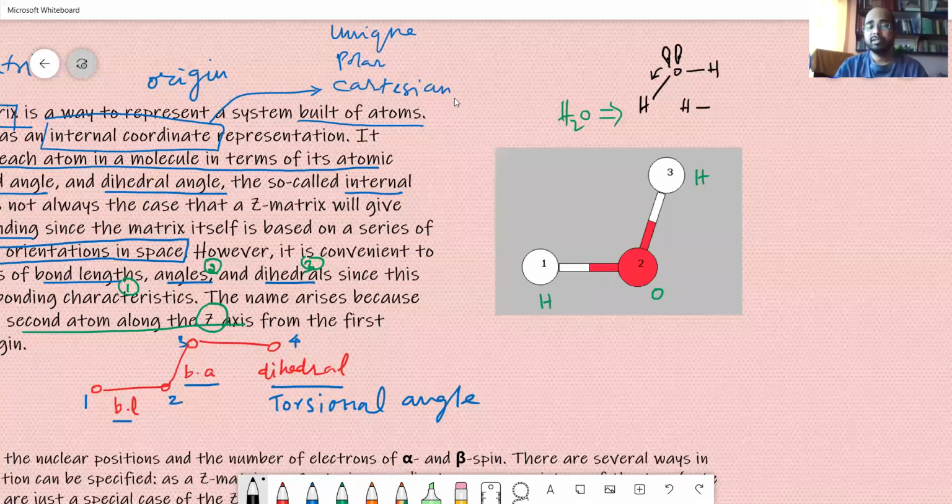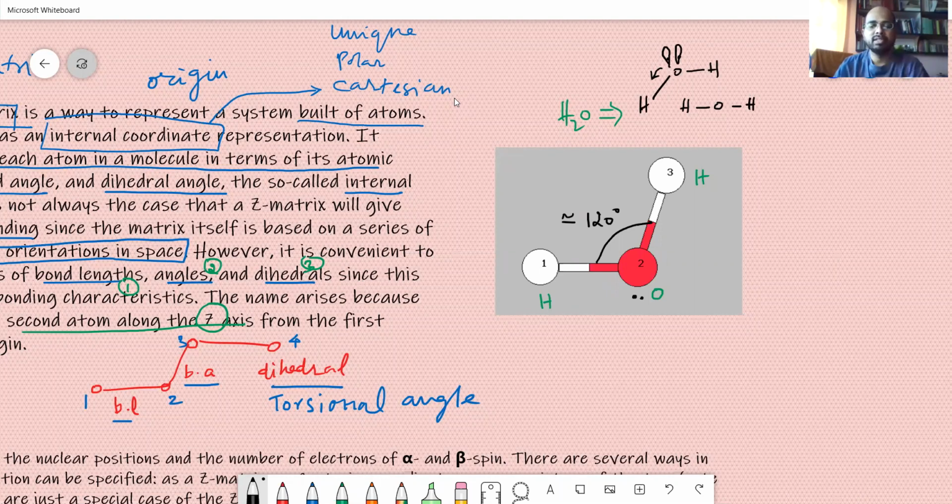So remember, because of this lone pair here, there is a creation of an angle of about 120 degrees, roughly, approximately 120 degrees. So you have to describe it. If you are in person, you can take fingers, you can take examples and describe it. But on a 2D surface, like a notebook or a board, you will require the parameters.